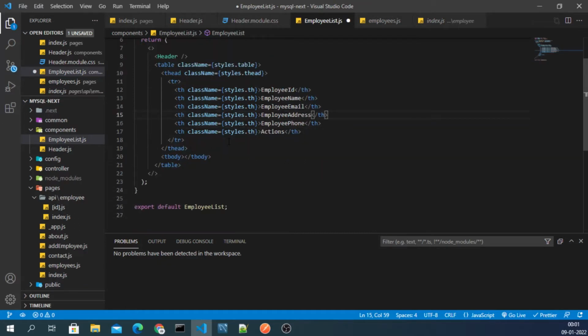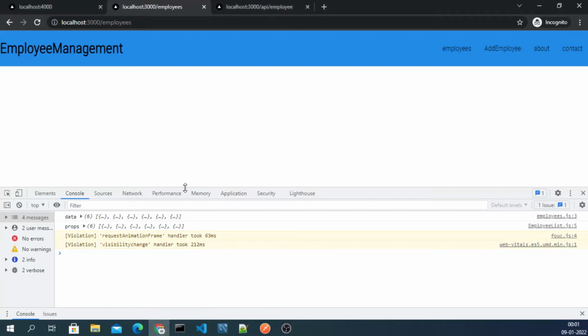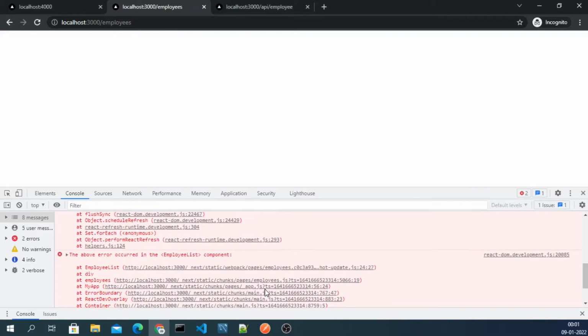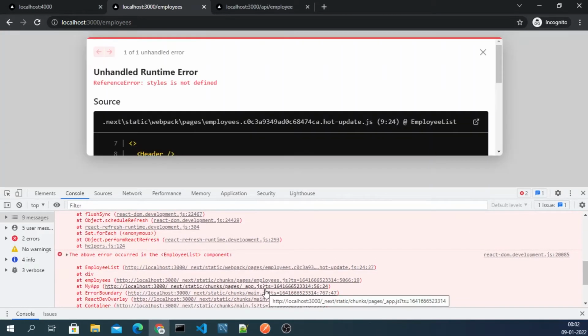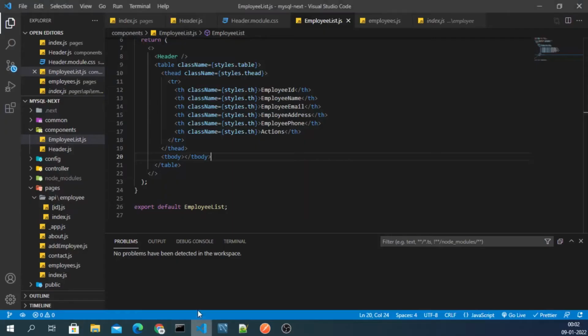We are done with this part. Now let me have a look at how it is looking right now. It is giving me an error right now: styles is not defined. We did not give any CSS right now.